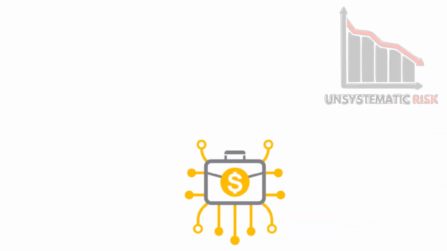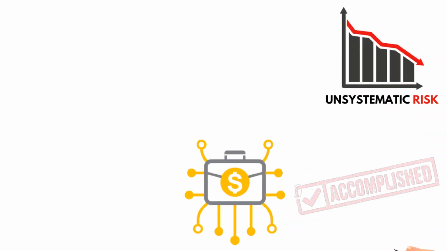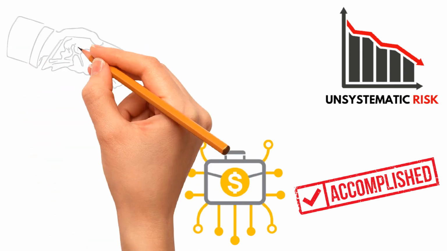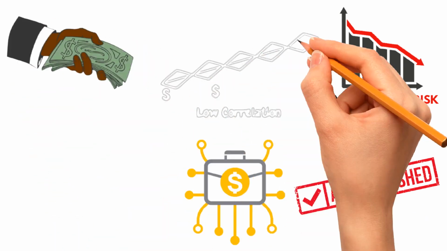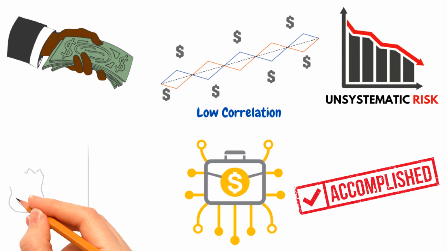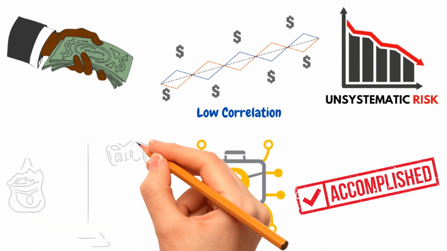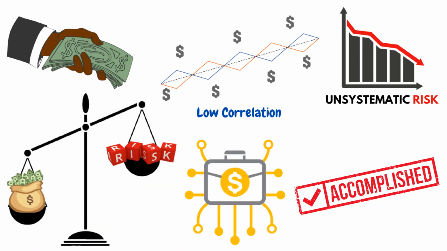Diversification is a strategy for reducing unsystematic risk. This is accomplished by spreading your investing dollars over a wide range of investments with a low correlation. Not only can your risk be lower than the weighted average of your investments, it's possible to have a risk level that's lower than your least risky investment.